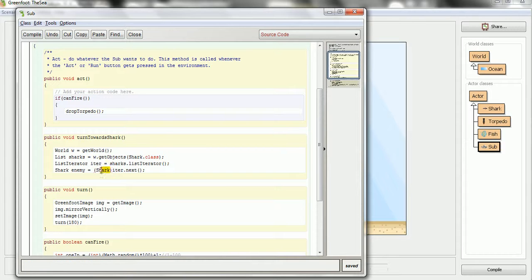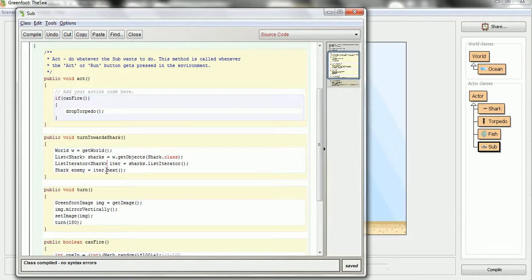The other way you can do it is you can actually make an element type. So if you don't want to keep casting through your code, you can tell it that this is a list of type shark. And any kind of container in Java usually does this, where you use this kind of notation to say what objects are in your container. So now I don't need to cast it because Java knows they're sharks. So you see, now I compiled with no errors even though I didn't have to do that. So that's my preferred way of dealing with it,